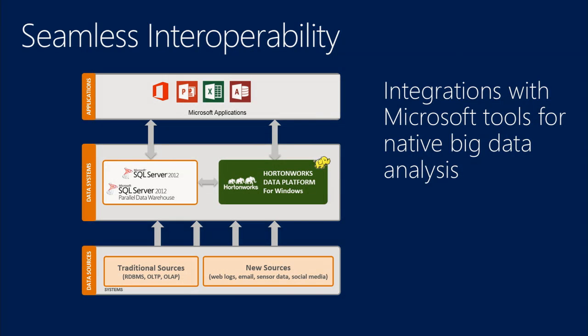And no matter where the data is sitting in which system, there's seamless interoperability and movement between the two. So there's connectors that we have that will make sure you can move data in between Hadoop and SQL Server. And then your applications will be agnostic and won't necessarily be tied to one of these databases. They can operate against both. So your Excel, if you're a business analyst, can work against the Hortonworks data platform, Hadoop. It can also work against SQL Server. So you have these different tools, SSIS, Excel, Power Pivot, Power View, that all, because of the APIs around Hadoop and around SQL Server, can be used with the same data platform.